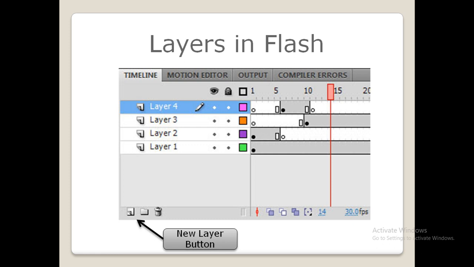Next, coming to selecting a layer. Now how can you select a layer? At a time, only one layer is active in the timeline. To select or deactivate a layer, click on the layer directly. The active layer appears in blue and a pencil icon appears next to it. So you can see there is a pencil icon present at layer 4. So this layer 4 is selected at the moment, or it is active in the timeline.